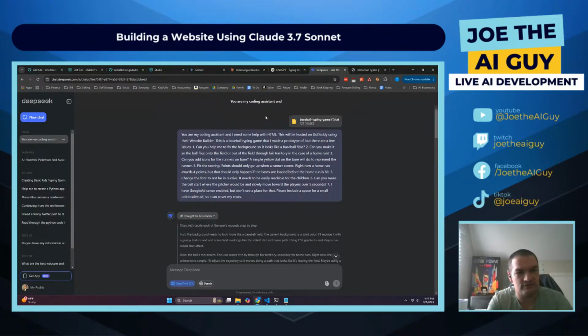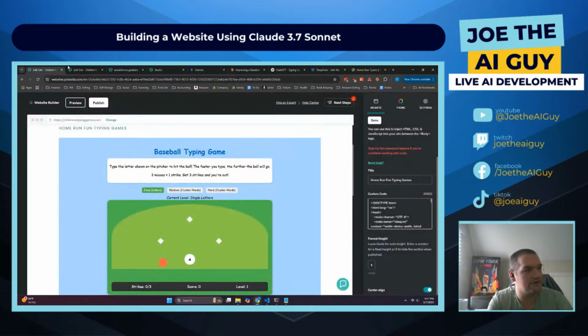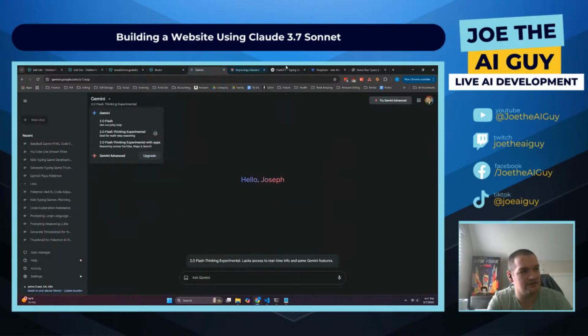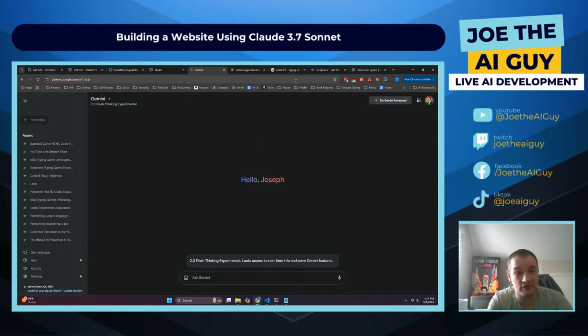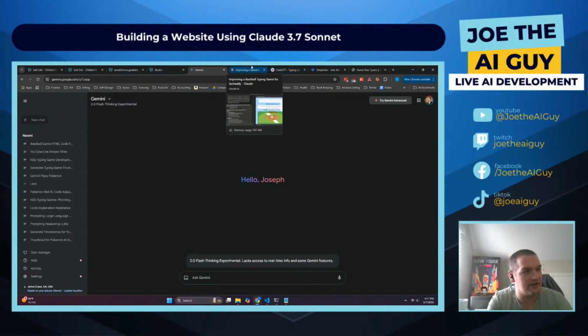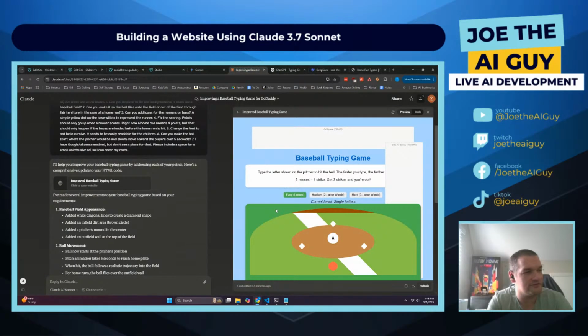Like I said, it's overall been a little disappointing. We got a very rough version of the site out very quickly, and that was through Claude. The others had, again, provided a bunch of boilerplate code without actually being able to run anything. It's literally like, okay, here's your wrapper, put your code for the baseball game here, type of deal. And that's why I ended up doing the original one with Claude. And then you can see today, we gave each of them the chance to go ahead and kind of make up for